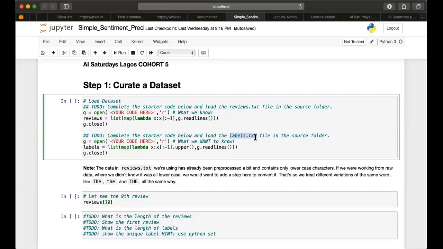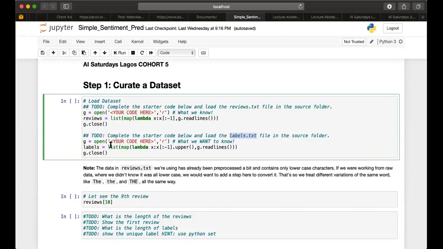And you're having two labels here, the positive and the negative. So a review is either positive or negative, right? Now this code separates the different documents in this text file by reading the lines and then performing some lambda functions. What it does is separate each of the reviews into a list, so you're going to have a list of reviews. You can look at it as your documents, like I said before.